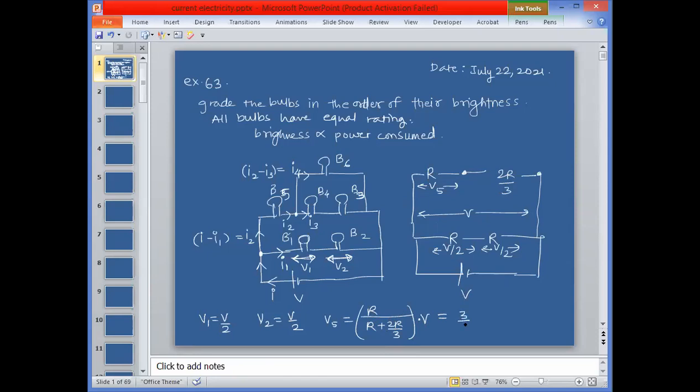Check if I am right or wrong. That will be 3 by 5 V. Let me know in the chat box if I am right or wrong. Reply Y for right, yes, and no for wrong. Am I right? Yes, no. Check kara. Voltage division principle. For this series combination,